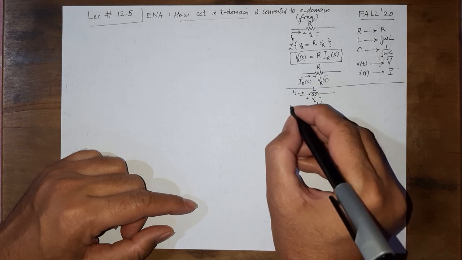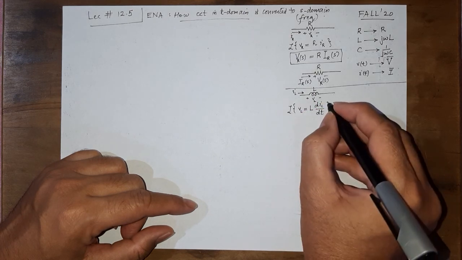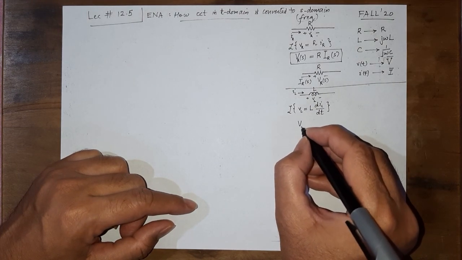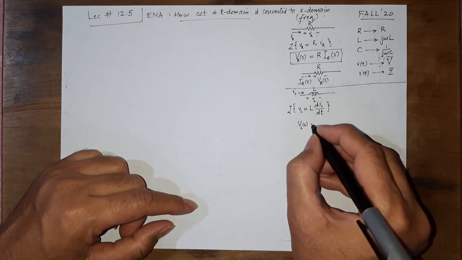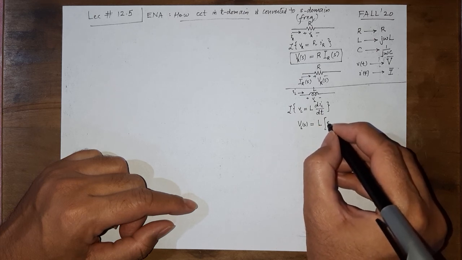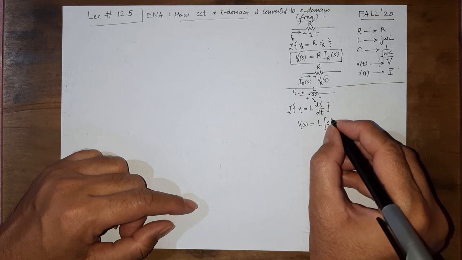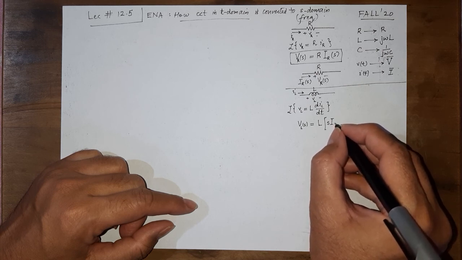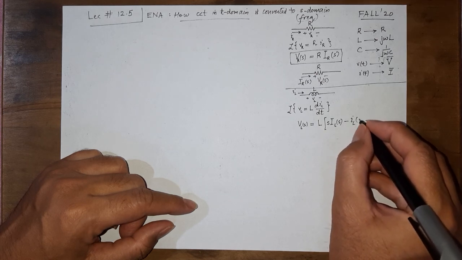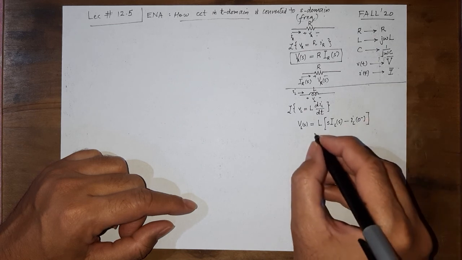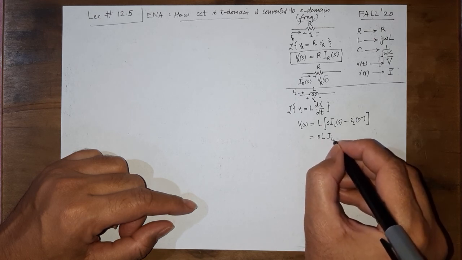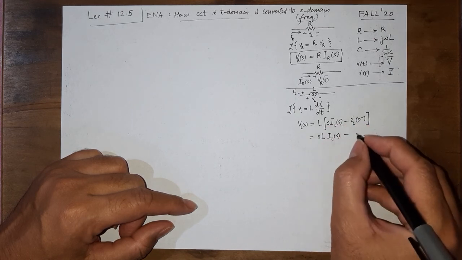So if we take the Laplace transform in order to understand how it is going to behave in the frequency domain, we are going to get the Laplace transform of VL would be equal to L is a constant, gets outside. Now this is a derivative of a function, and by functional transform table, we can easily write it as S, the function, and minus the value of the function at 0. So let me just multiply this L. So we get SL IL of S minus this L also multiplies here.